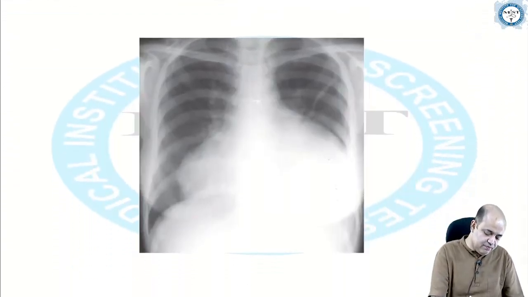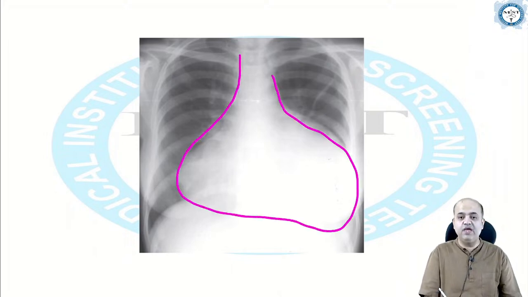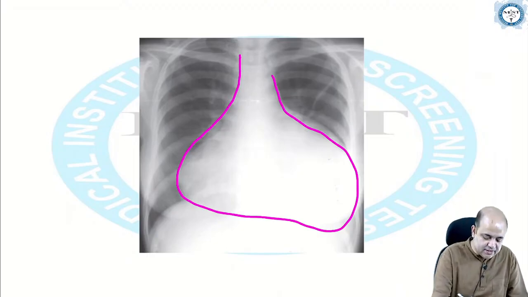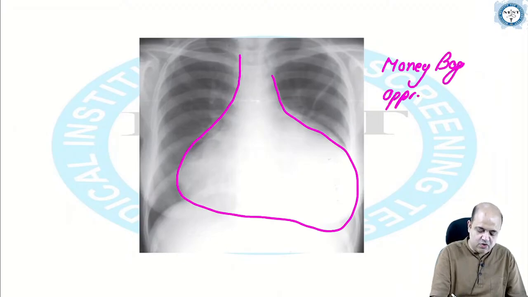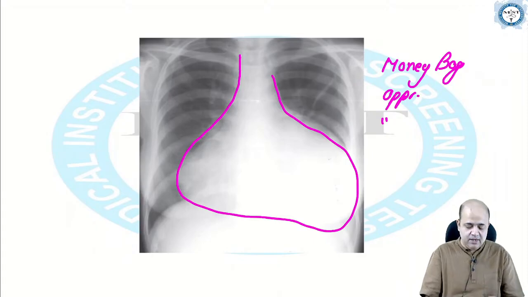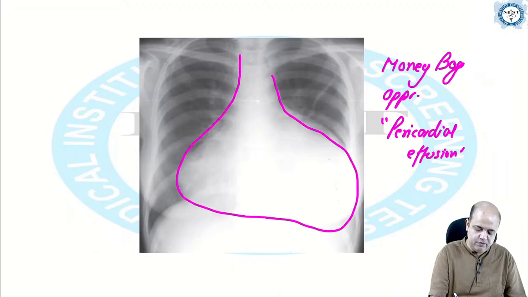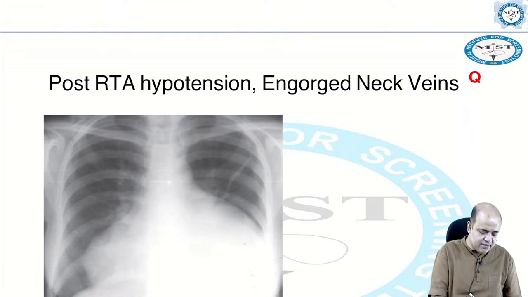What do we see here? Gross dilatation of the heart. The pulmonary vasculature is normal. This is called the money bag appearance. This is a feature of pericardial effusion. Let's suppose a similar chest radiograph, and the history is that there is a road traffic accident, hypotension is present,